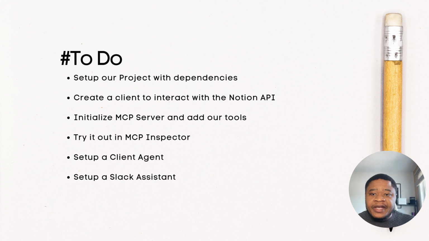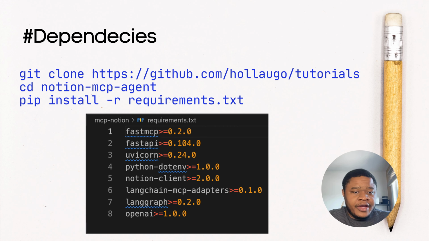All right, so let's jump in and get our project set up. To get started, we're just going to go ahead and clone from the GitHub repo, which is our tutorials repo, which contains all the various MCP servers that we're building, as well as agents. So you can go ahead and clone that repo. You can cd into the Notion MCP server folder, and then you could do a pip install of the requirements.txt